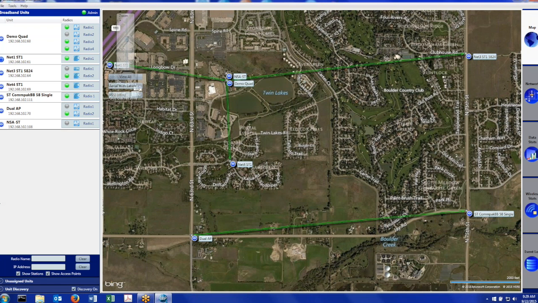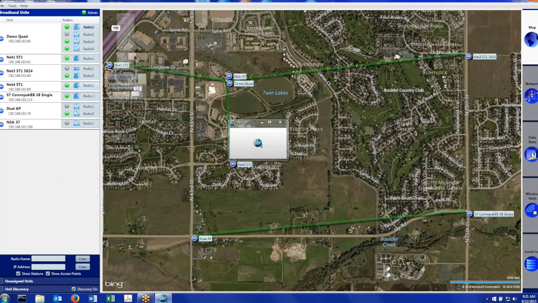The last feature that I'd like to show you, along with going into the configuration window and some of the diagnostic tools that we've got in the software, is one of the features that Broadband Pro Enterprise has that's exclusive to this software: the capacity to drag and drop configure devices on your network. Say you've configured your access point like this quad radio and you want to set up a radio to work as a station to that quad. All you've got to do is grab that radio, the green dot, drag it onto the radio on the access point cluster where you want to configure it,